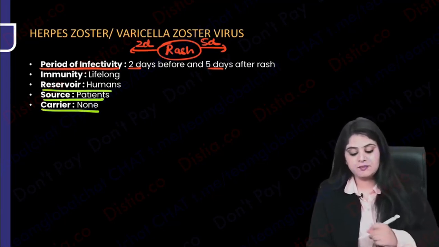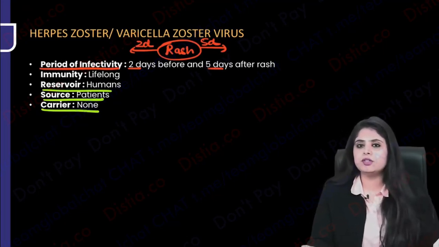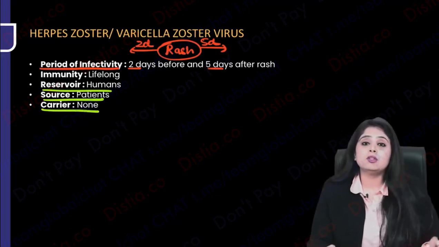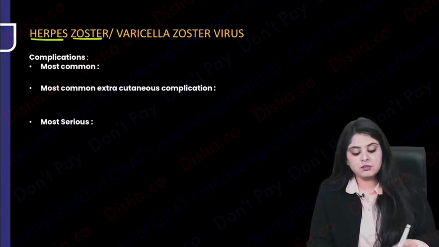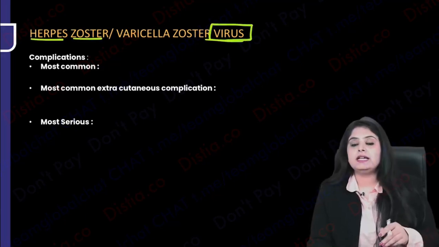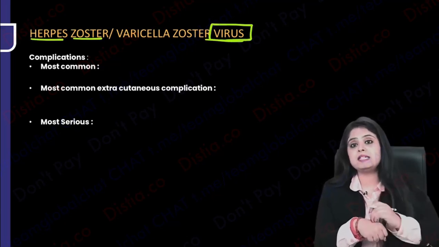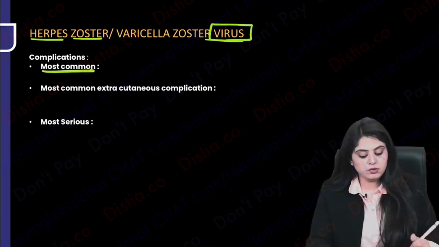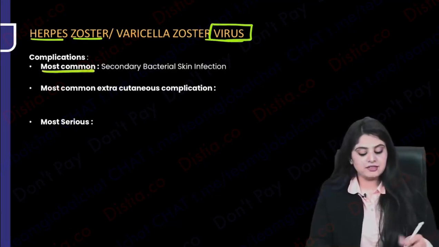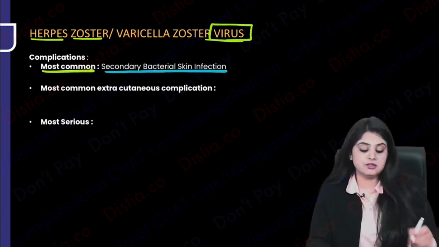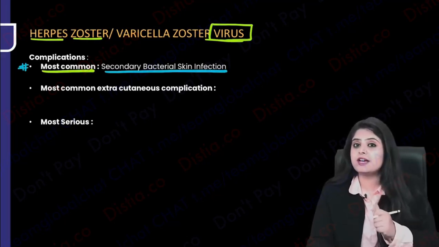So now let's say that someone had chickenpox, and you know chickenpox is a self-limiting disorder, you need supportive treatment. But what are the complications that someone can have? So please note, chickenpox is because of a virus. It is a skin condition happening because of a virus. Now on top of that, if a bacterial infection occurs, so the most common complication is going to be secondary bacterial infection. That is, a secondary bacterial infection occurs, toh woh problem hoga ma'am. Then you will have to give some treatment because it's no longer just a viral infection.